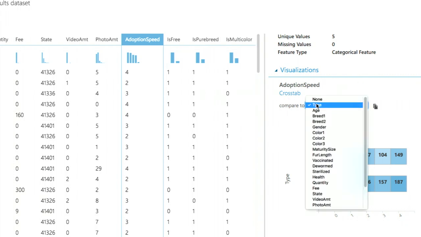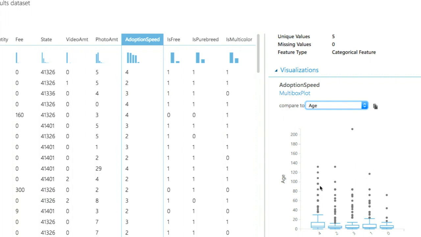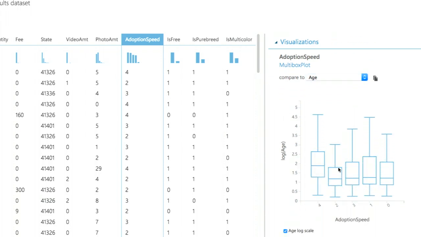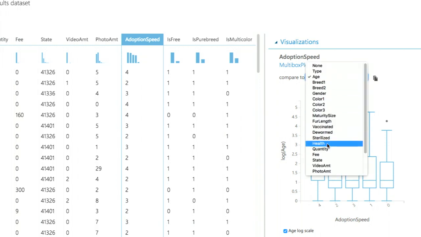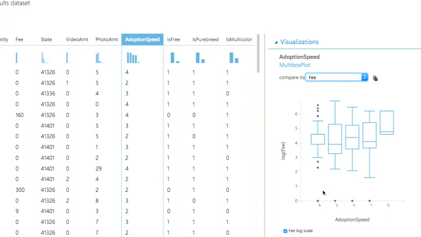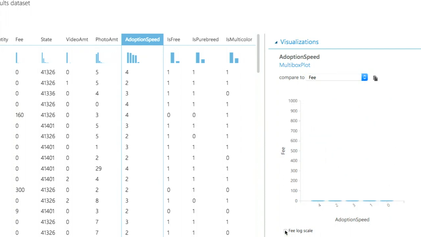Or we can correlate this with age. Let me just apply a logarithm. Or with the fee, whether or not it's free or not.